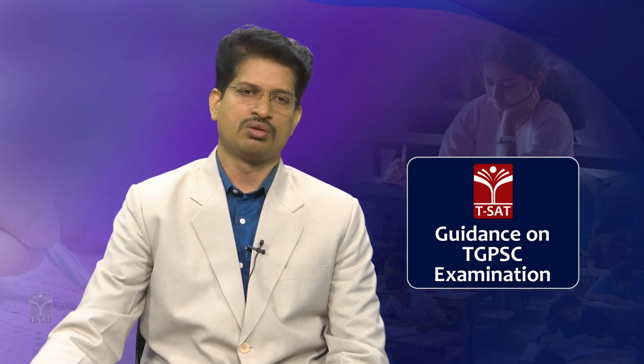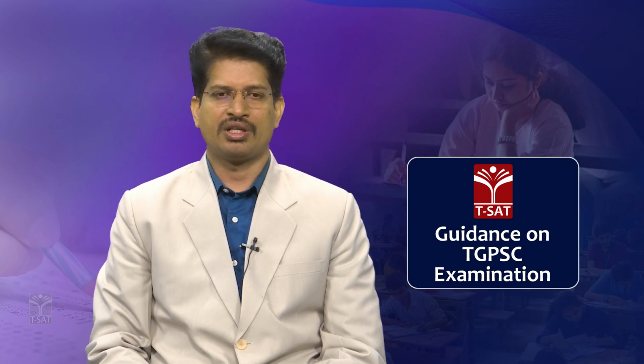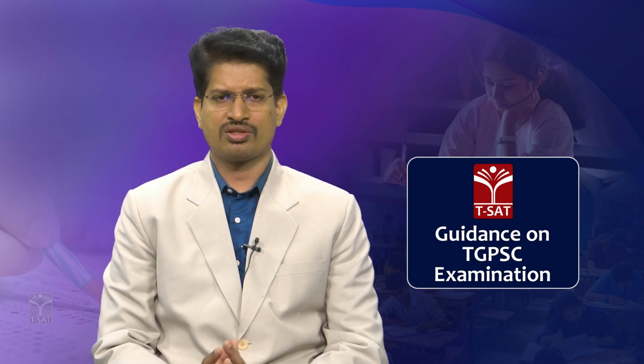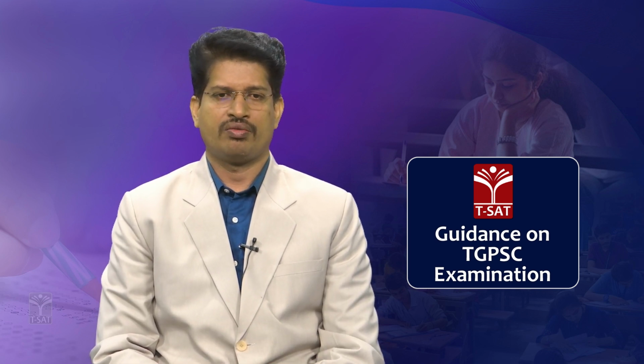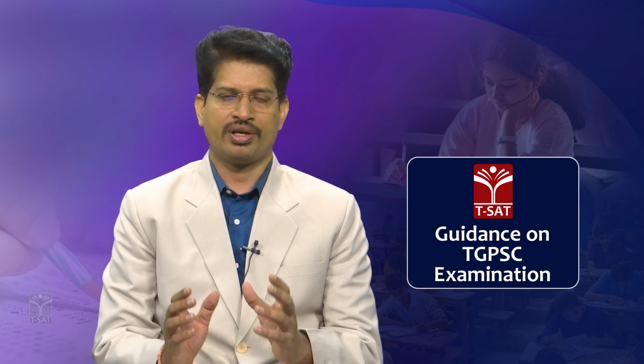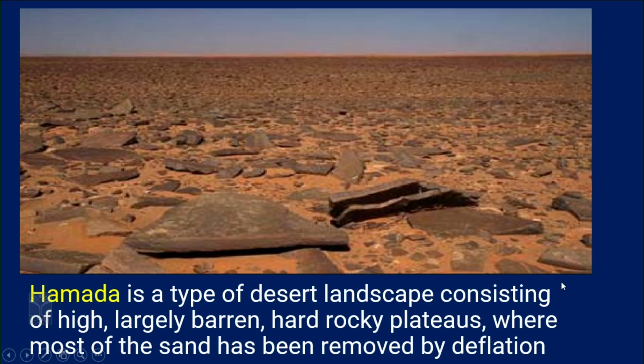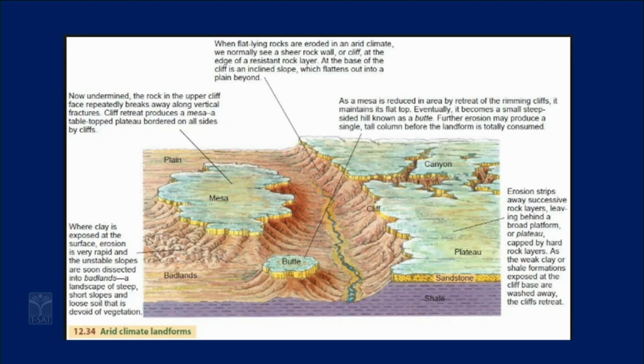So, this is known as a reg. In the case of a reg, larger boulder-like structures remain. When you compare relatively, the size of the rocky particles left over is much larger here. The rest of the finer matter is weathered and eroded away. This feature is known as a reg in arid erosion.